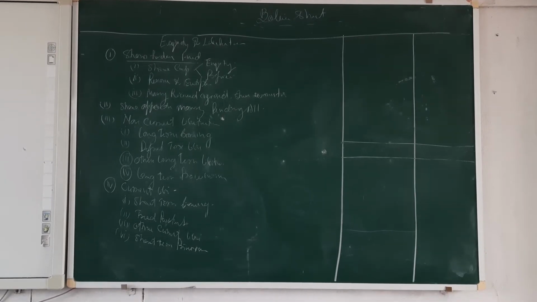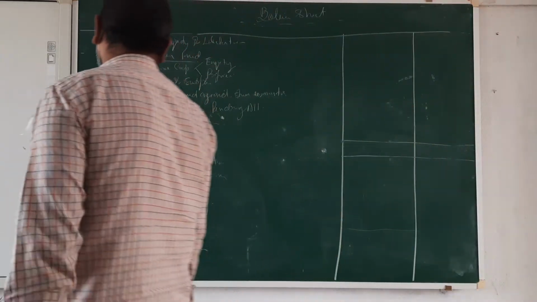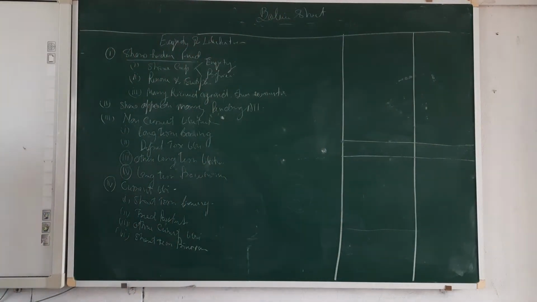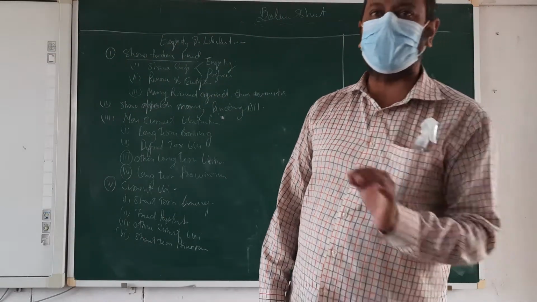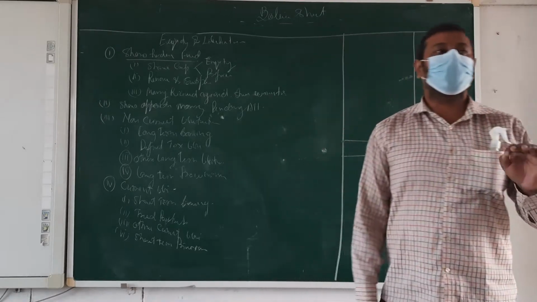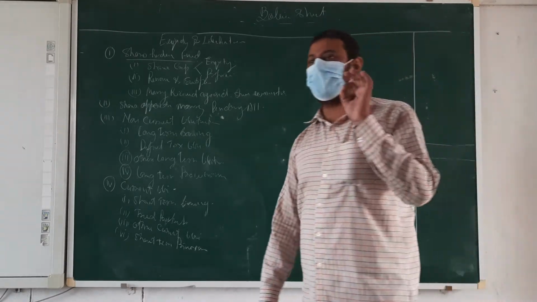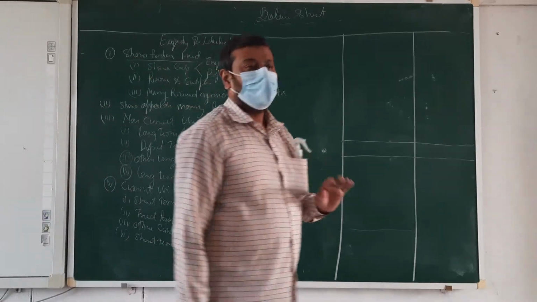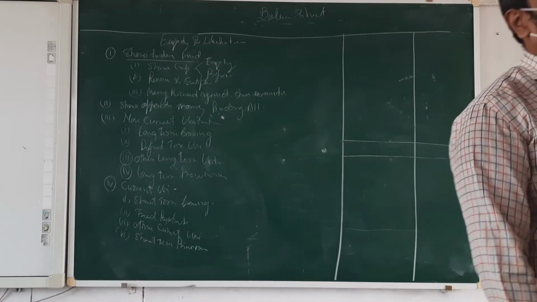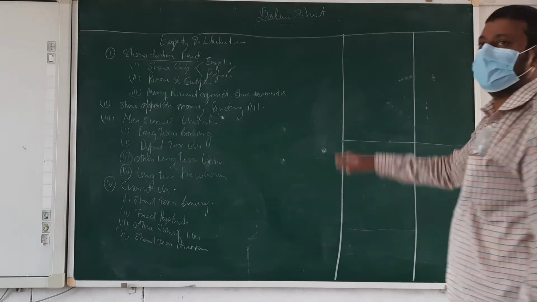Okay. Now we are going to start explaining this balance sheet. Balance sheet is clear now? Balance sheet is what? Balance sheet is the statement which is showing the financial position of any business. Clear? In the company, we are going to just change the pro forma of the balance sheet.